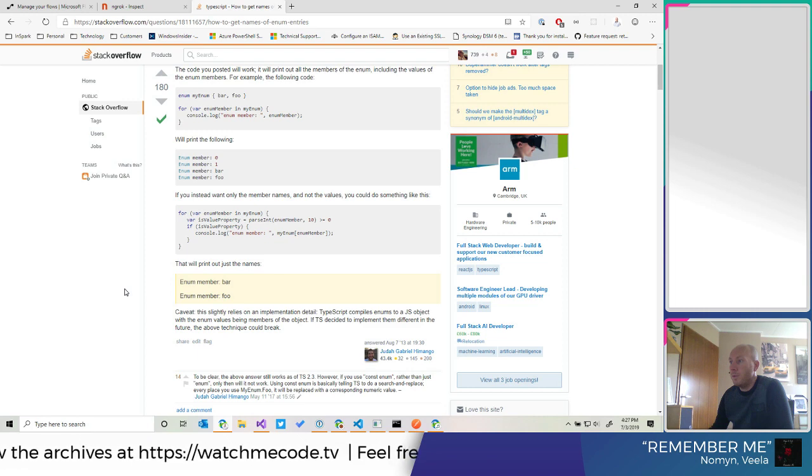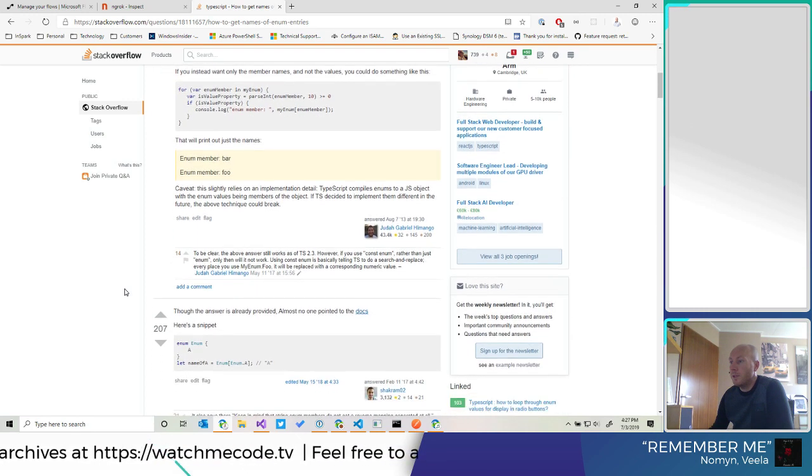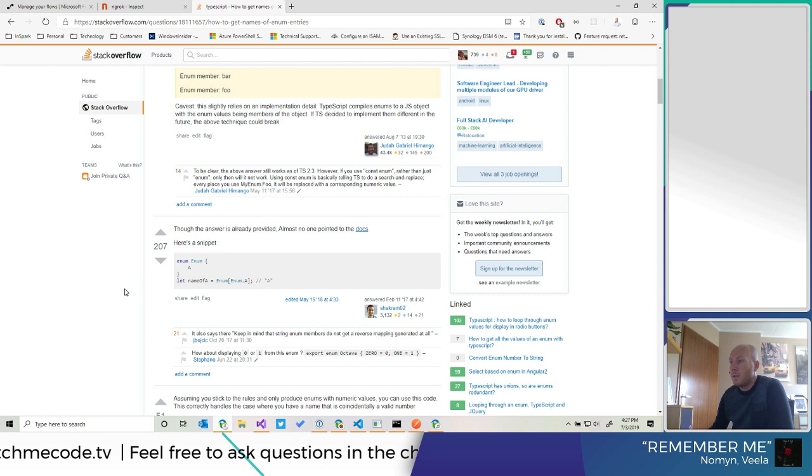I want to enumerate over the keys. What's the name of it?